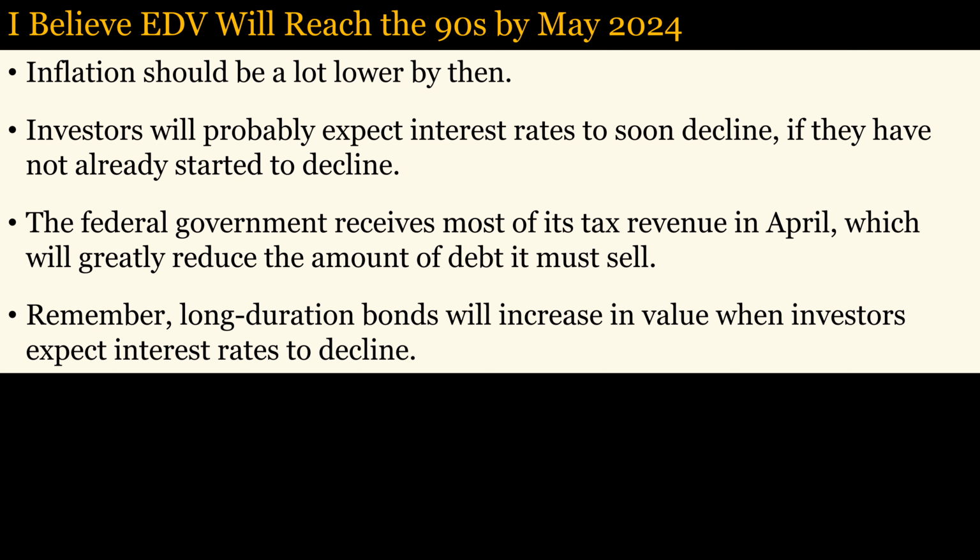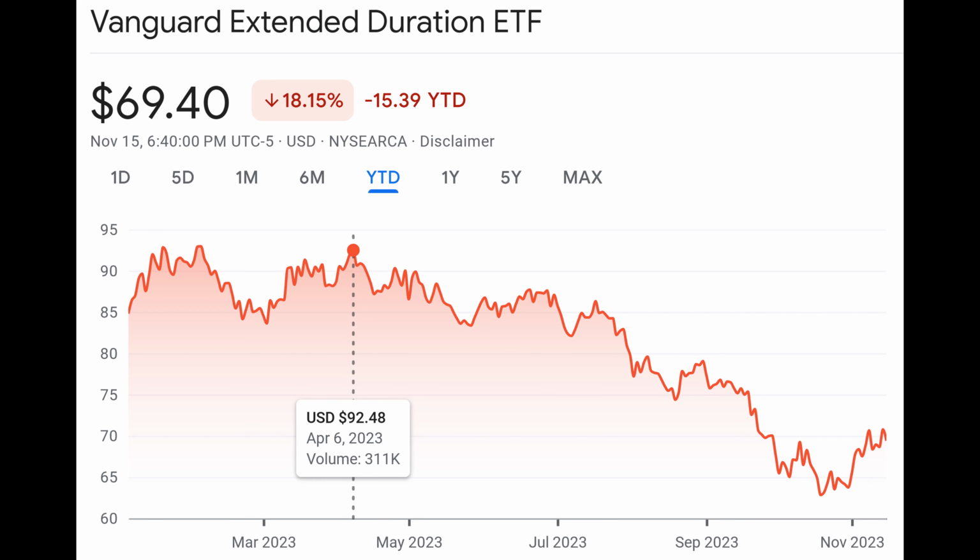Another major factor propelling bond prices upward is that the federal government will be issuing less debt in April, since that is when it receives most of its tax revenue. This will put upward pressure on long-term bond prices. If you look at this graph, you can see that EDV was doing pretty well last April. Now, to be clear, this does not mean that this will happen again, but usually when supply is restricted, prices